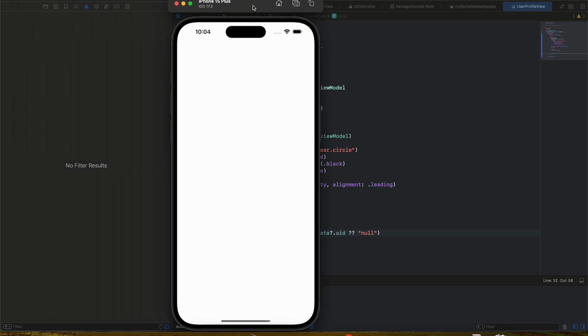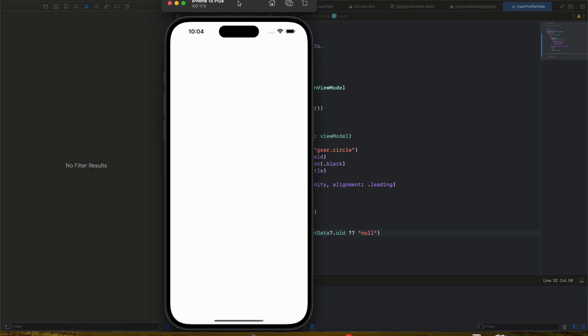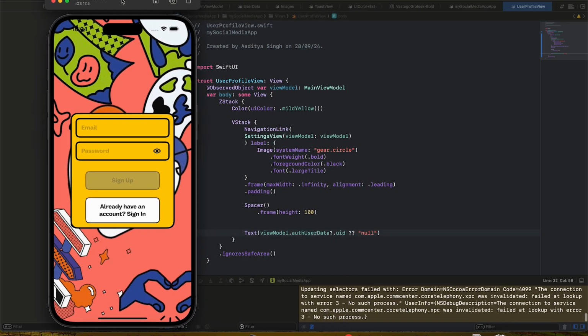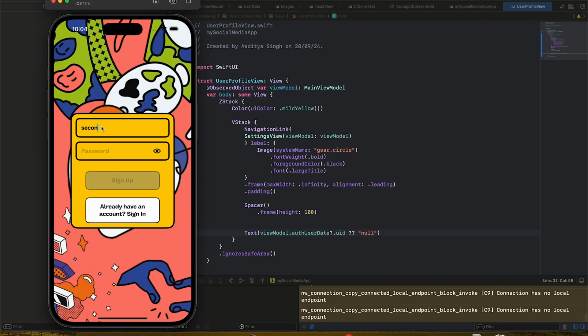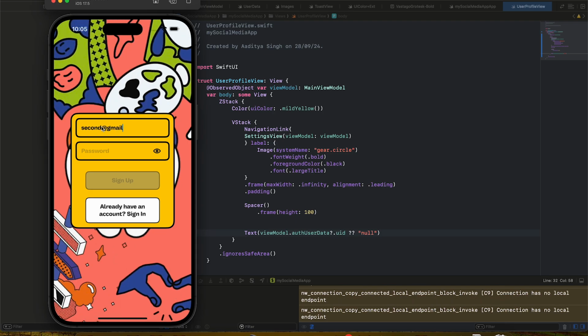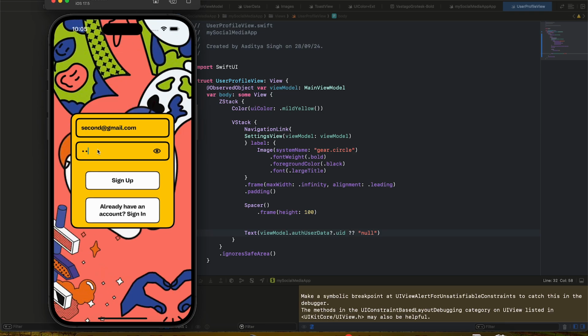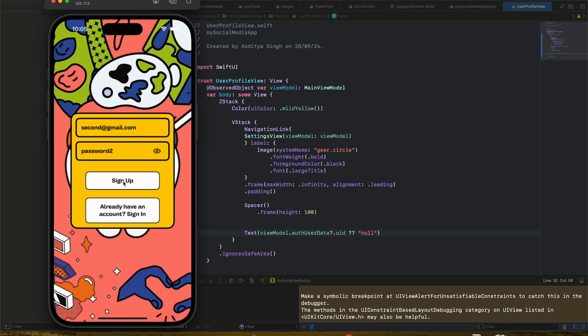It's taking a few minutes, but hopefully it should just build right away. I think my simulator was closed as well, so it's taking a few extra seconds for it to launch. Yeah. So we are on the sign up page itself. So let's just name this second user second at the rate gmail.com. Then we give it a password. So it should be password 2, and when we do sign up,